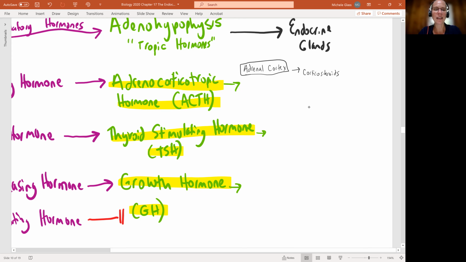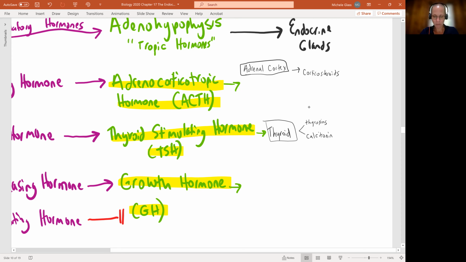Let's take a look next at our thyroid stimulating hormone, which is being produced again by the adenohypophysis, and its abbreviation is TSH. The thyroid stimulating hormone is going to be targeting and turning on the thyroid. The thyroid we're going to talk about in the future. We're going to do videos for each one of these individually, but we'll see that this can lead to the production of what we collectively call thyroxins. And also we'll see the production of the hormone that we talked about in A&P 1, calcitonin.